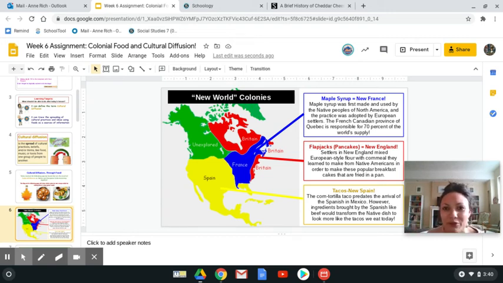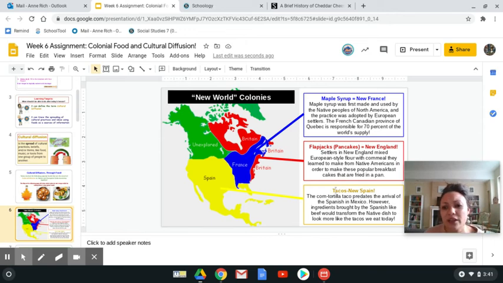And where would we be with maple syrup if we didn't have pancakes, also known as flapjacks? We know that settlers in New England are going to try to stretch their ingredients to save money. So what they're going to do is take a little bit of European style flour, which is made with wheat, and they're going to mix it with ground corn that they learned to make from the Native Americans. They're going to mix this together with eggs and milk and all kinds of delicious things, and then fry them in butter in a pan and flip them. And that is where pancakes come from, or at least the style that we're more familiar with. I know I grew up with New England style pancakes. So thank you very much, New Englanders and Native Americans. I'm very appreciative of those tasty flapjacks.